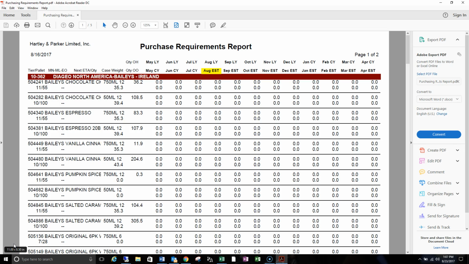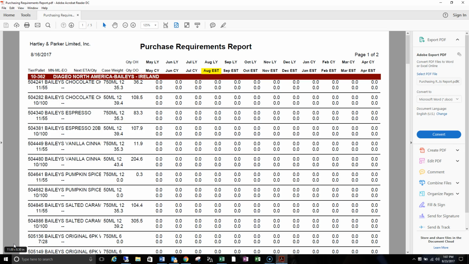You see your current month is highlighted at the top. We have history and sales and case quantity. And then we have an estimate that will do the same. If there are zeros, this is not tied out, this is not finished yet. But you will not see zeros, you'll just see blanks. Okay? It's grouped by vendor, sorted by item number, and then up top you'll see a lot of other useful